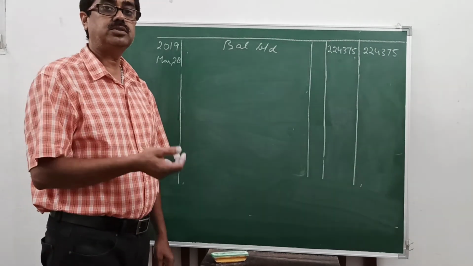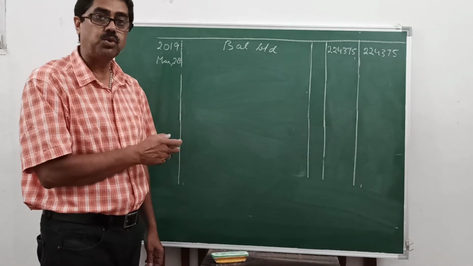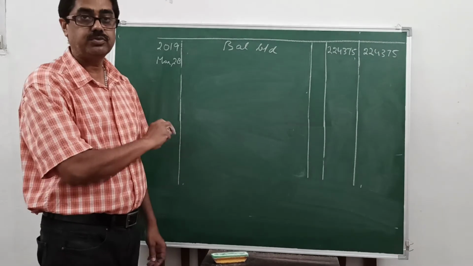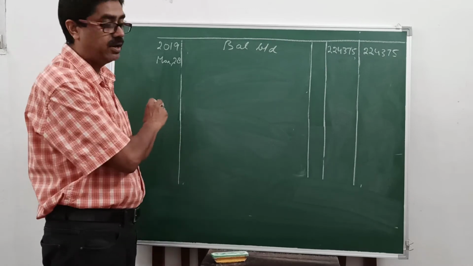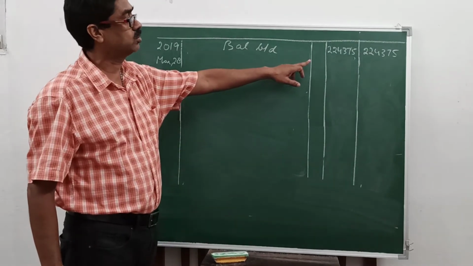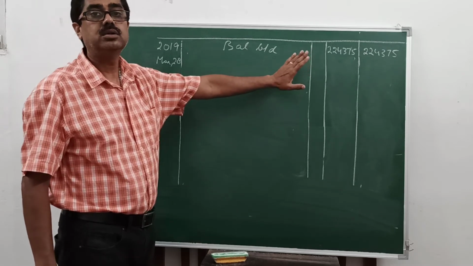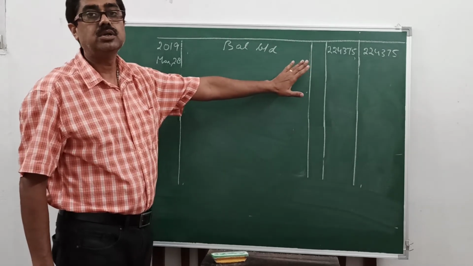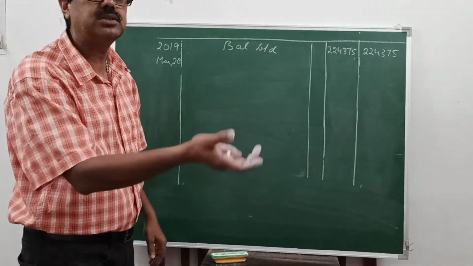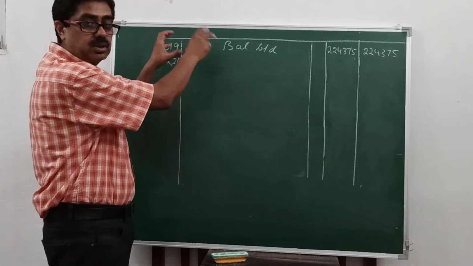If you have space in the previous page, you can pass one more entry and carry the balance to the next page. Or if you have no space, like I have, carry the balance to the next page. It is coming 2,24,375 in my register, in my page. It may be different in yours, you can write that amount. And you can pass the last entry on the next page.